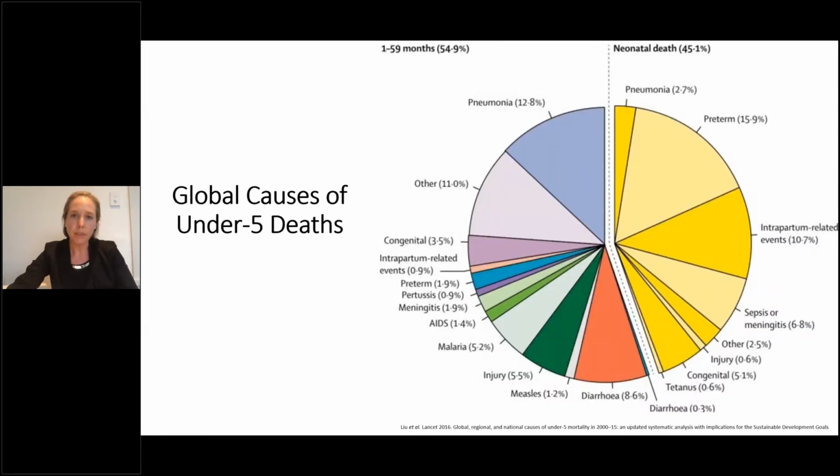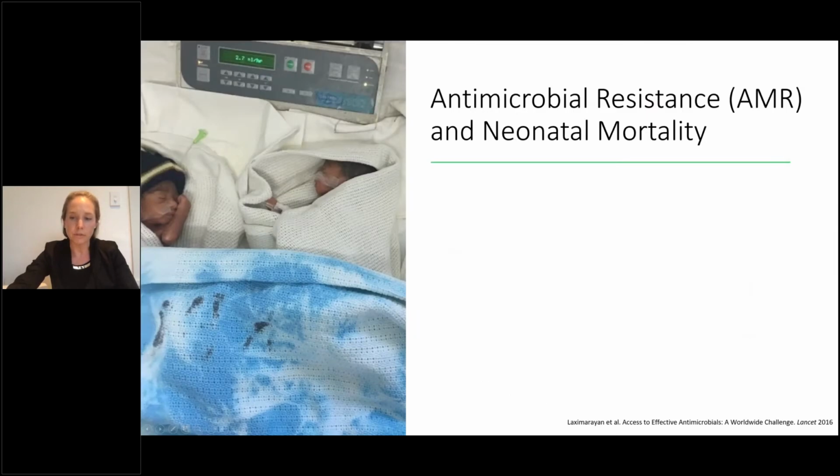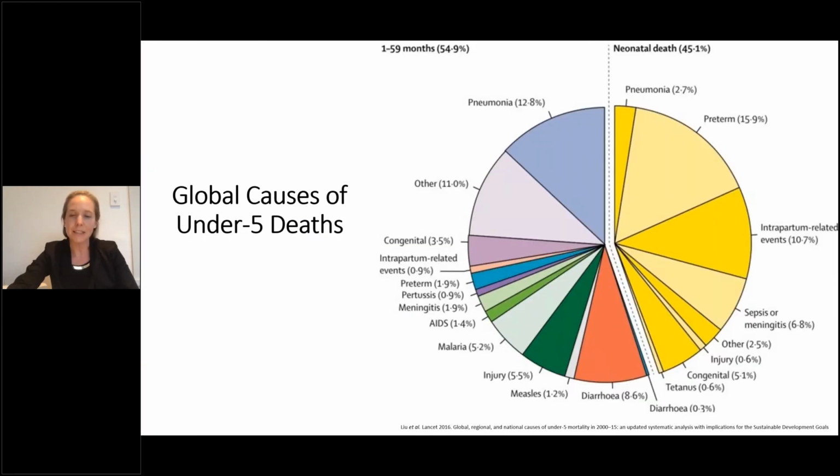And if we zoom in a little bit more closely on the neonatal causes of death, sorry, jumping ahead too fast. If we look at this pie graph here, it takes that box from neonates and looks at why that neonatal age range, so obviously children in the first 28 days of their life, are dying. And obviously intrapartum related events, so things that happen at birth, are responsible for some of those causes of death. But we can see that really a number of those causes of death are still due to infectious agents in that neonatal period.